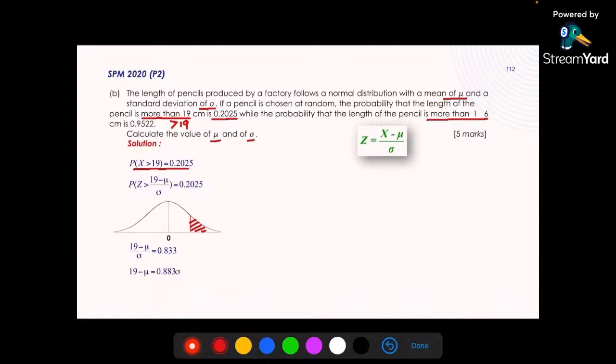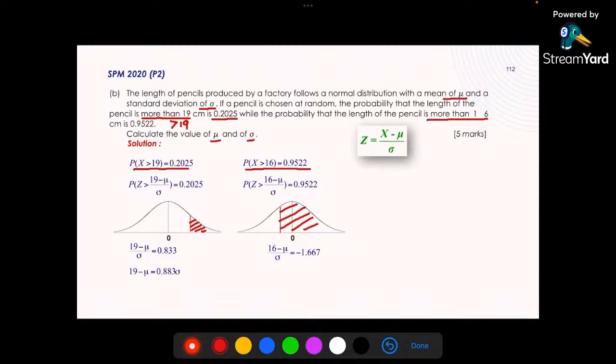And kita jadikan ni sebagai the first equation sebenarnya. Okay, now kita pergi the second one. The second information kita tukarkan kepada mathematical symbol, which is P(X > 16) equals to 0.9522. Kita akan dapat, kita standardize, the second step to standardize it. And then kita representkan dengan this bell shape greater than, which take part into this one lah, the shaded region here. And then kita akan dapat, kita baca dekat dia punya